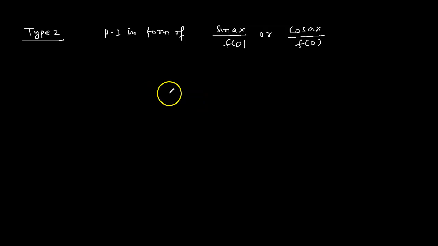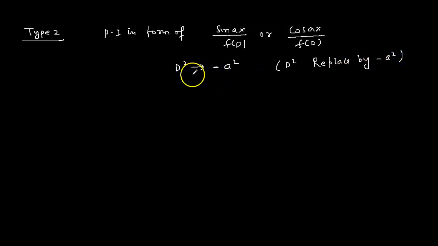So now see here, if it is given here, what you do: D square replace with minus a square. The minus sign stays outside as it is, and whatever the a is given in this compound angle, that one is squared. If you are given type 2, we just have to do D square replaced with minus a square. D we cannot replace. D square replace with minus a square.